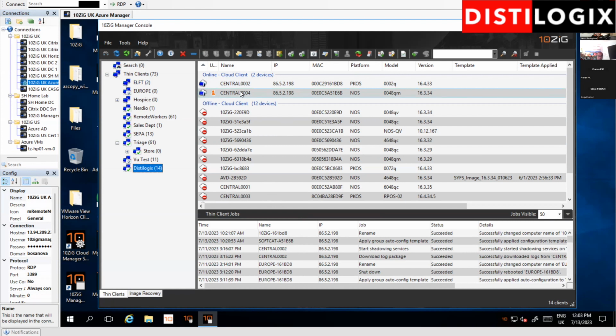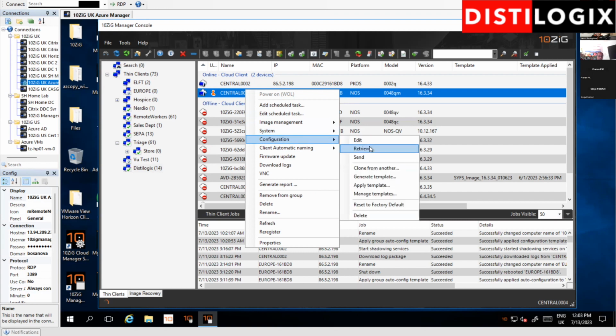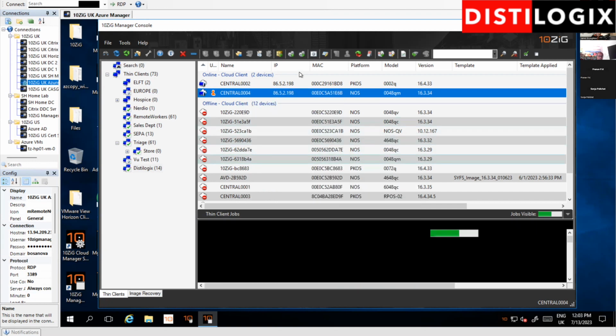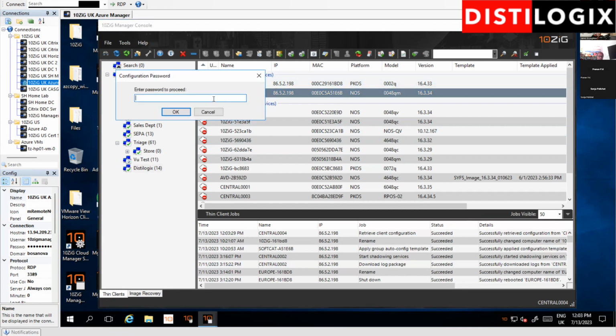You can right-click any of the devices in here, and you've got further options available to you. So you can create scheduled tasks for things to be performed out of hours, for example. You could do system functions like reboot and shut down the devices remotely. If the device is on the internal network, you can also power them on using Wake on LAN if available on the network. We can retrieve an individual device's configuration, and you can double click on that device